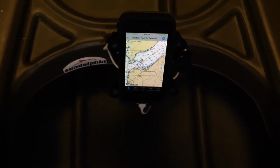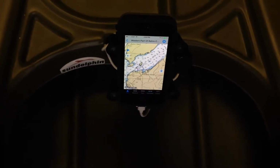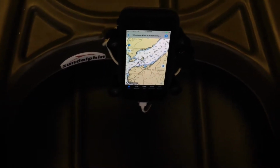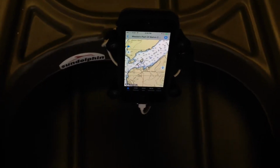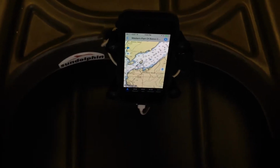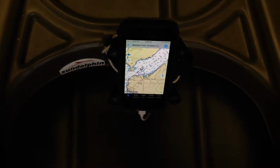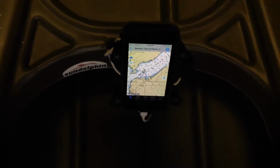And the app that I have on this phone, you see that? I got every chart in Alaska, same charts all them guys got on all them big fishing boats. I got it right here on my phone. And all I really need to know is the structure and the depth and where I'm going and where I'm at, where I'm headed. This thing gives me everything: my altitude, my speed, my heading, my bearing, my location, latitude,